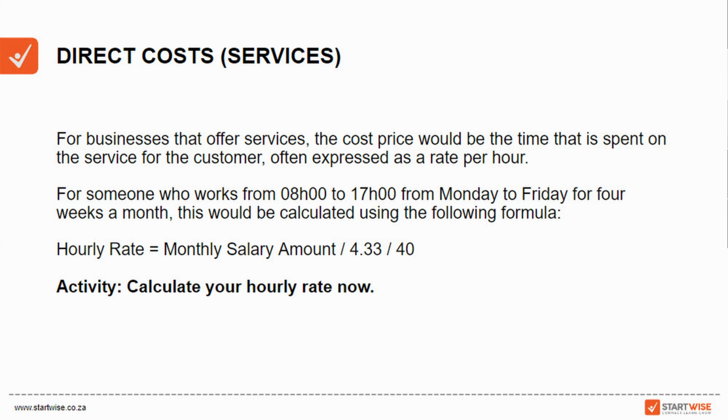And then you divide that by the hours per week. So typically someone would work 40 hours a week. And that will give you your hourly rate. So what I've done here, I'll just give you 2 minutes to calculate this for yourself. You can take what you like to earn in a month, or what your business should be bringing in a month, and divide that by 4.33 and divide that by 40. And that will give you an idea of the hourly rate that you should be charging customers.